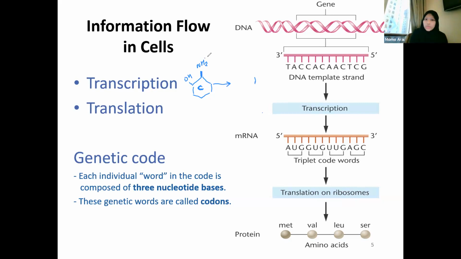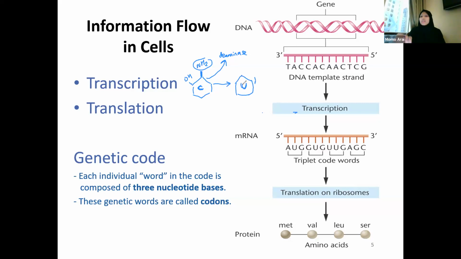This group is removed by an enzyme, as you said, a deaminase enzyme. It removes the NH2 group, and the structure that forms after that is the same structure as